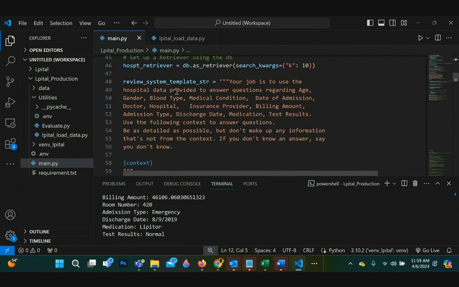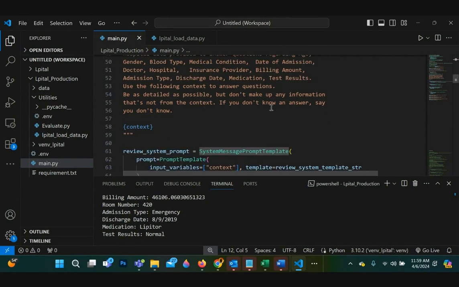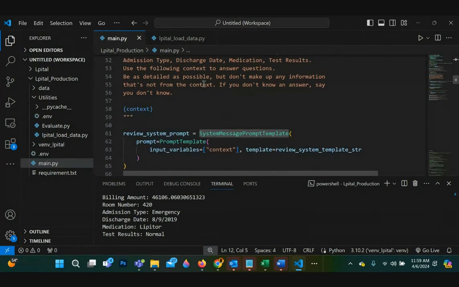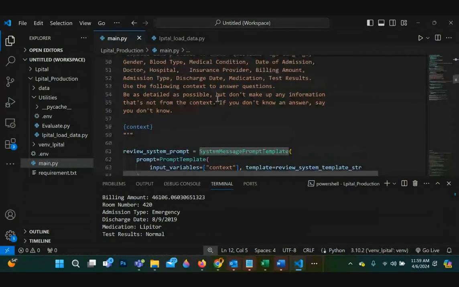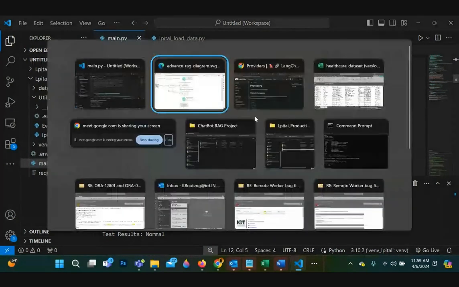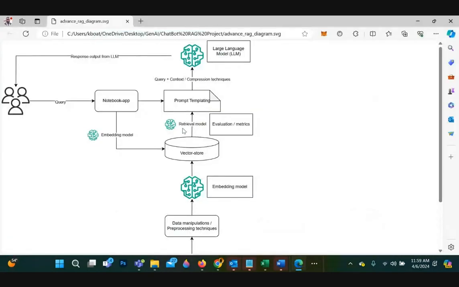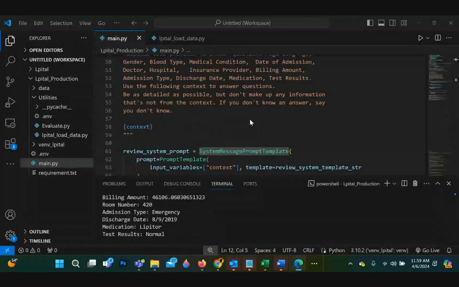So the system template, we're saying that your job is to use the hospital data provided to answer questions regarding, these are all the columns from the Excel, right? Be as detailed as possible. If you do not know the answer, don't force it, basically. But use the context. So the context is the output of the retrieval results from the vector database. That's the context. So just use the context and the LLM to produce results.